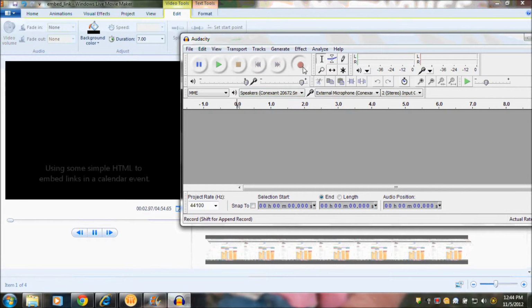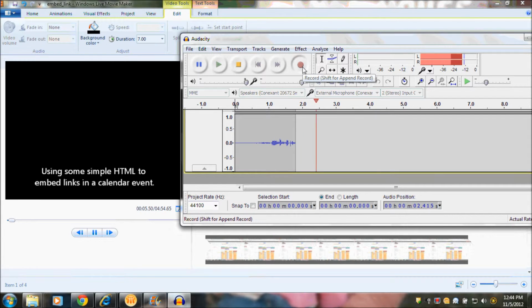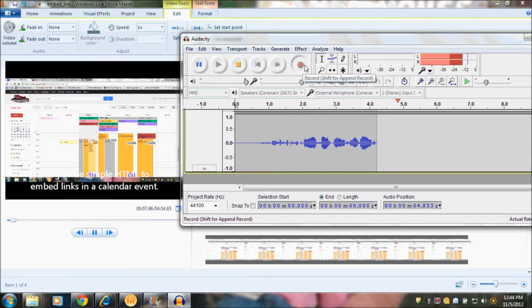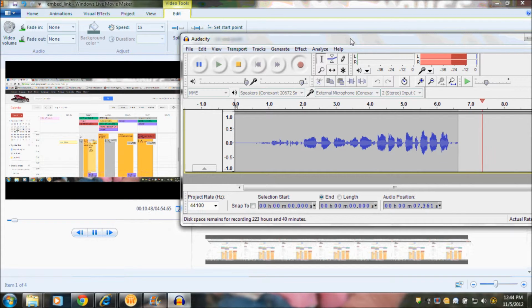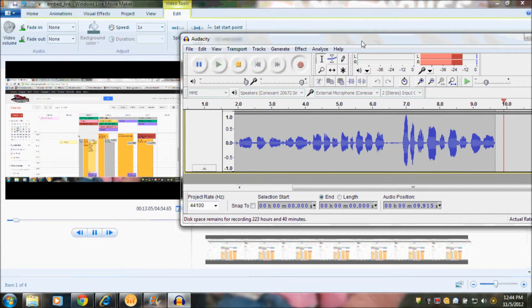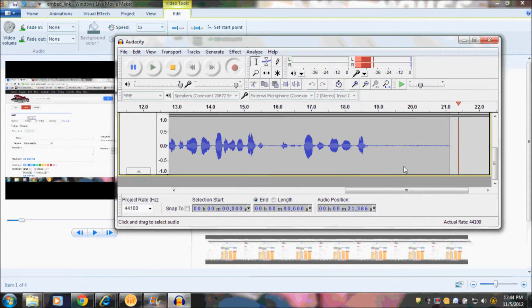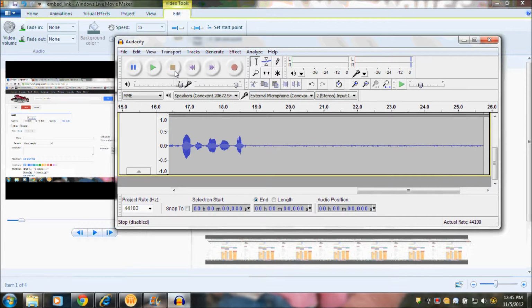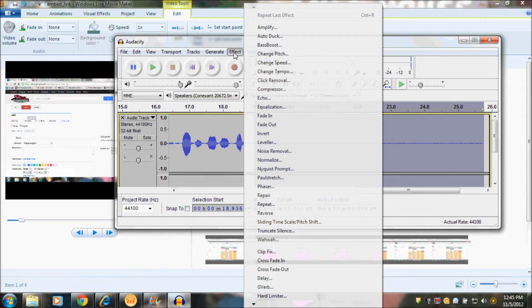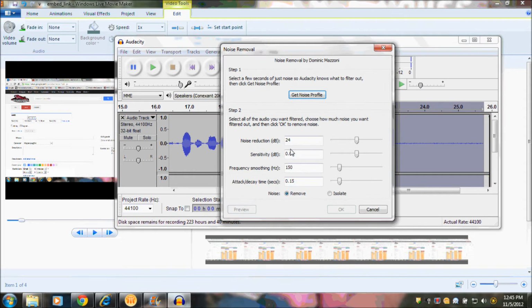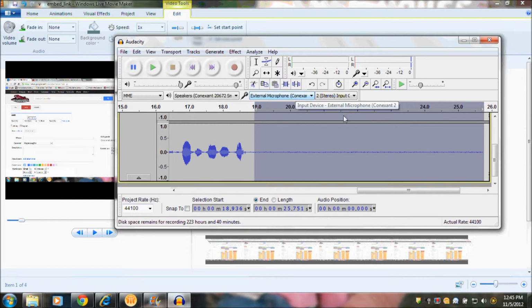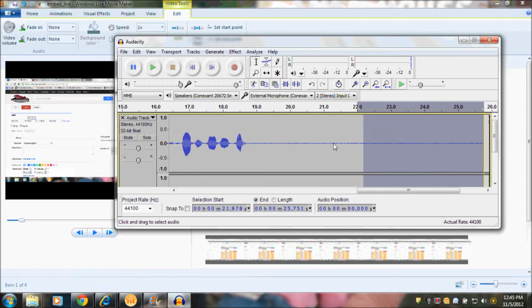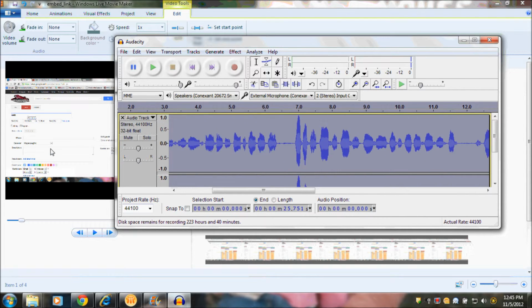I'm going to begin my movie and then begin recording in Audacity. And while I watch my movie, I can simply re-record the audio portions of my clips in Audacity. So I'll continue to watch my video in Movie Maker and continue to dub my audio until the project is done. Once it's done and I've left my few seconds of silence, I'm going to select that silence, go to my Effect menu, choose Noise Removal, get the noise profile. Then I'm going to go back and select the entire audio clip,